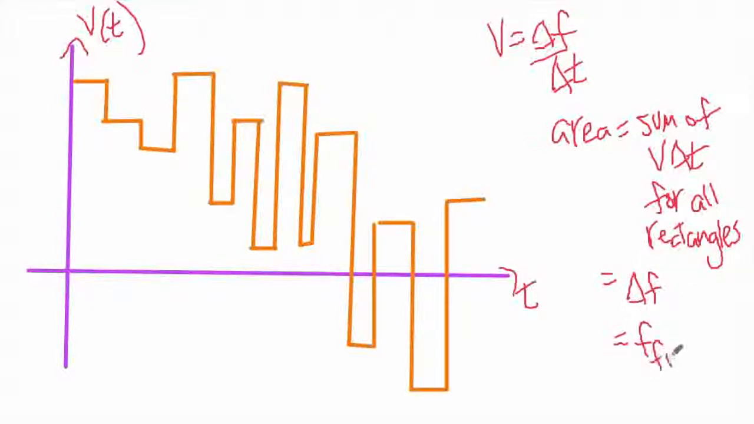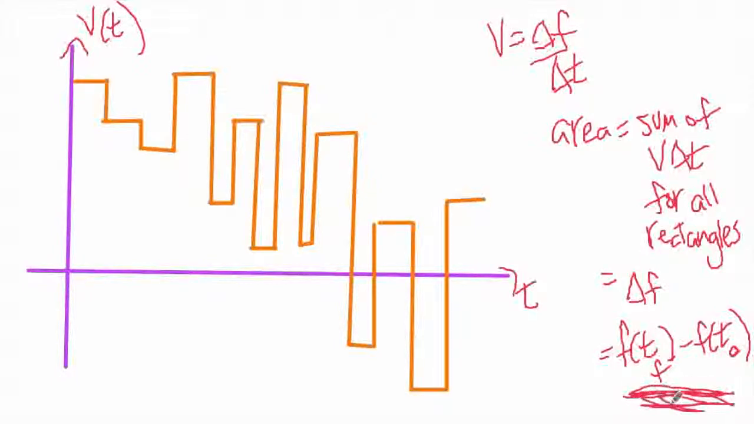That's the final value of f. Actually, let's do it this way. The final value would be f of t final minus f of t initial. Let me just shorten my subscripts: t sub f and then t sub 0. Okay? So if for some reason you knew what the function f was,